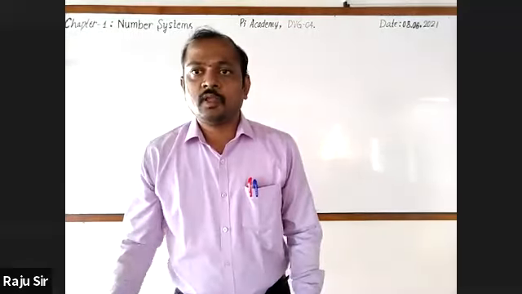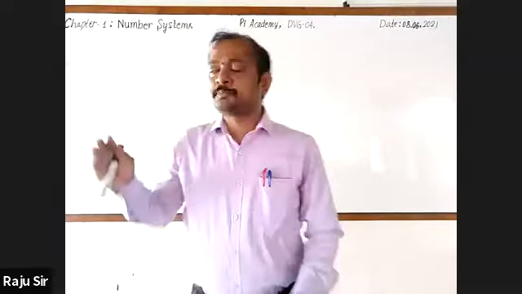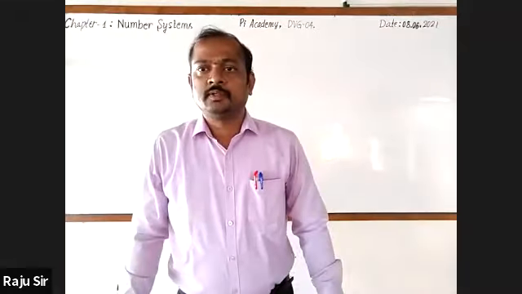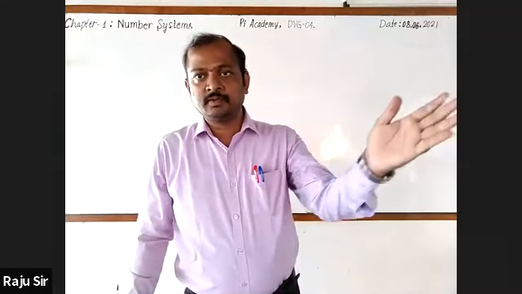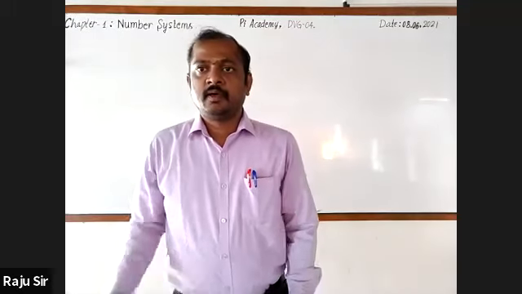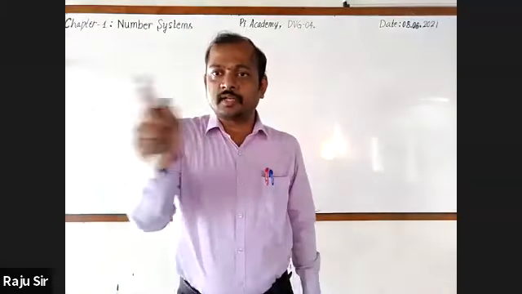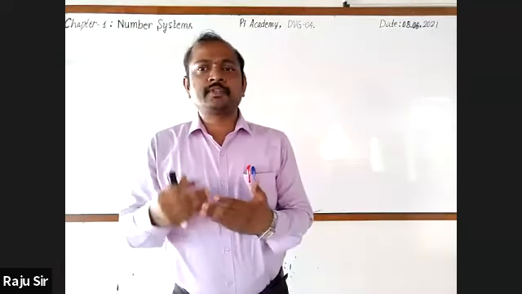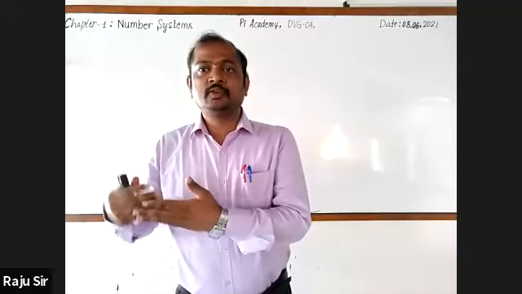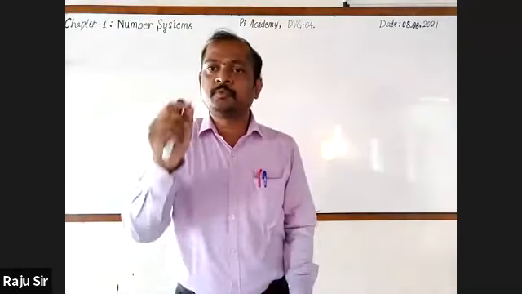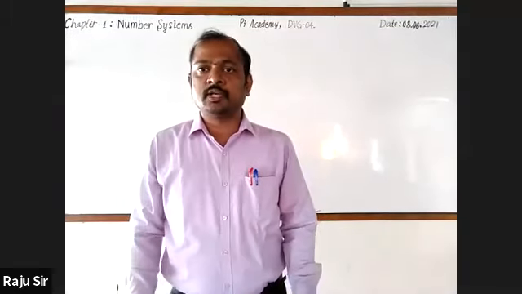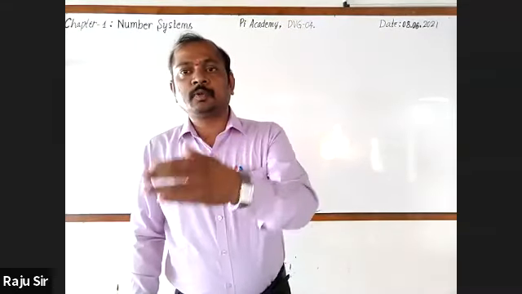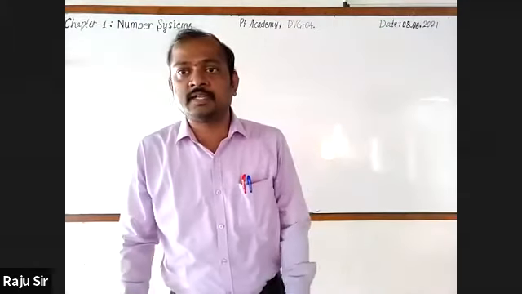Okay. Dear students, now we are moving to the next part of the chapter, number system. We are very familiar with surds, nothing but irrational numbers. An irrational root of a rational number is a surd, right? And we can go for simplifying this surd into simplest form. We are going to focus on that. And before going to that, we need to recall some important points what we discussed in your previous classes, that is in 8th standard.